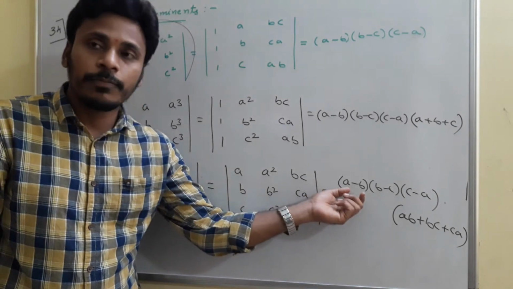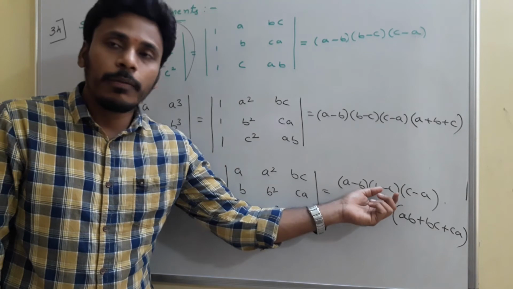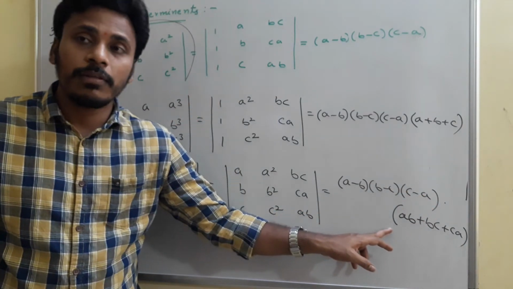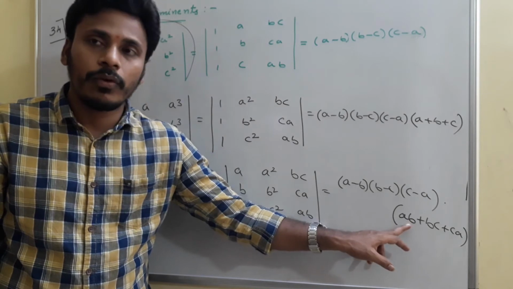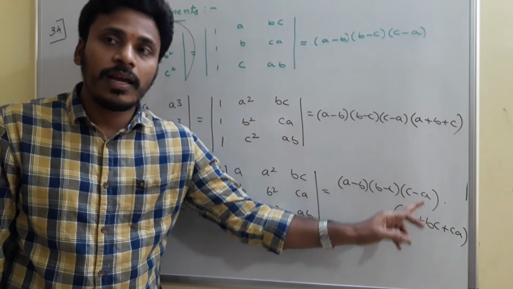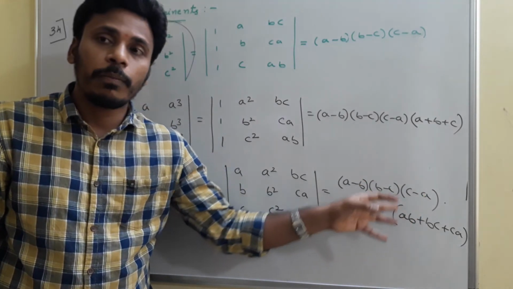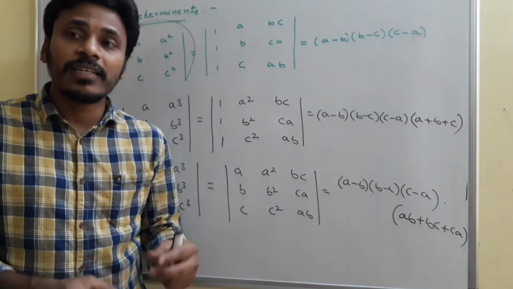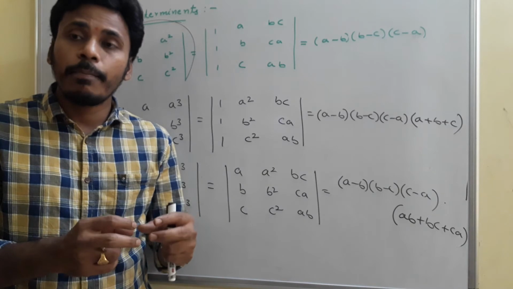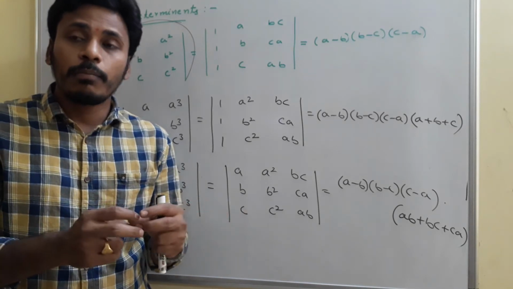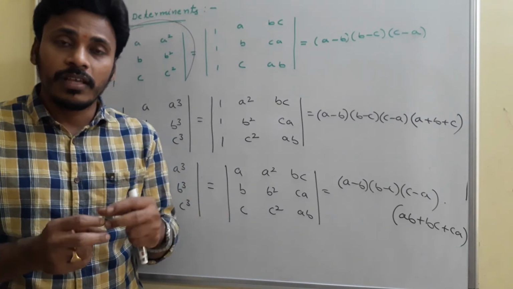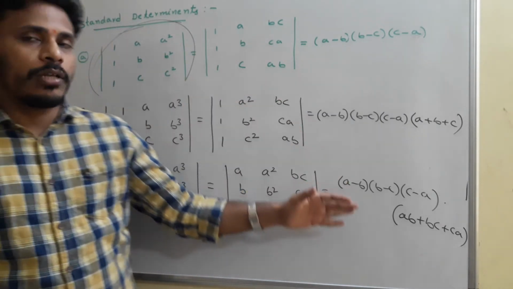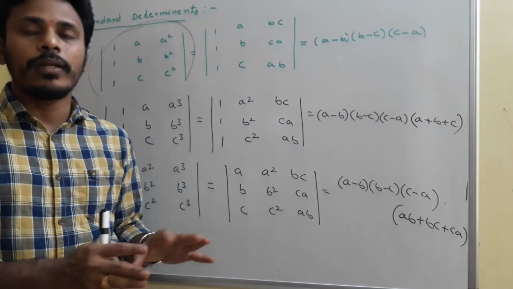So here A minus B, its power is 1, B minus C 1, C minus A 1, and the power of this term is 2 because A power 1, B power 1, 2, right? So 1, 2, 3 and then 2 here. So the sum of the powers is 5. So you need to choose the options such that it maintains the same powers of the variables. Okay, the sum of the powers of the variables must be the same on both the left side and the right side.